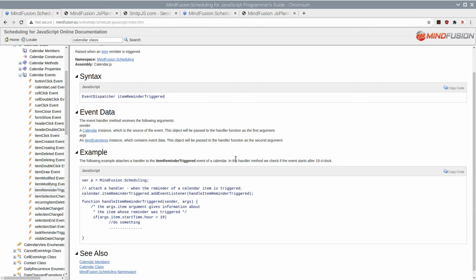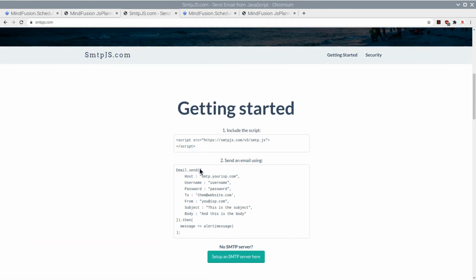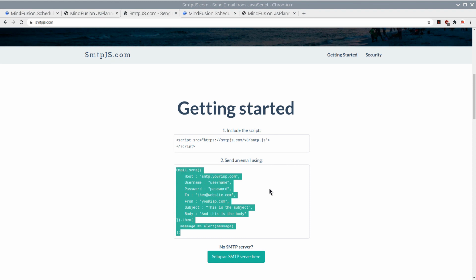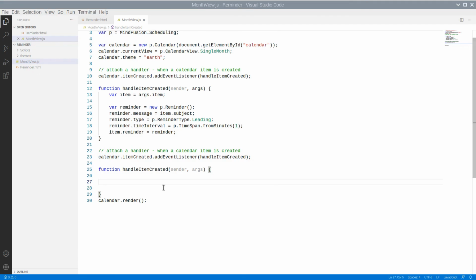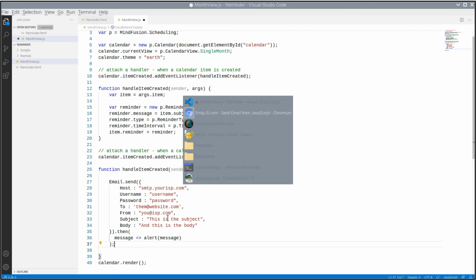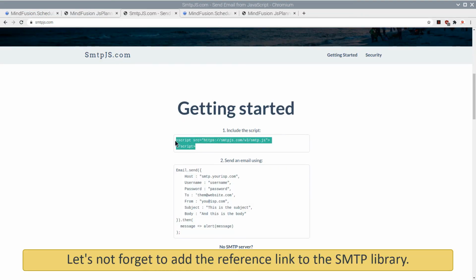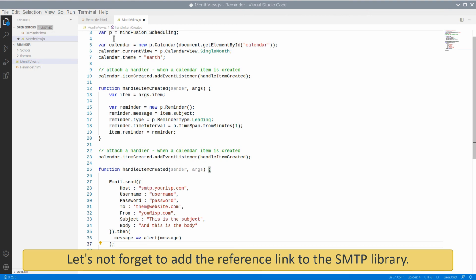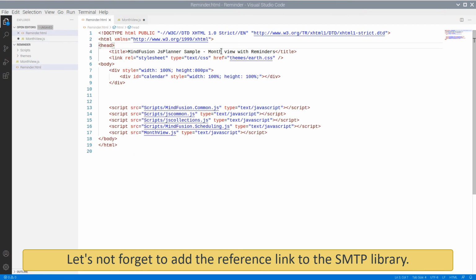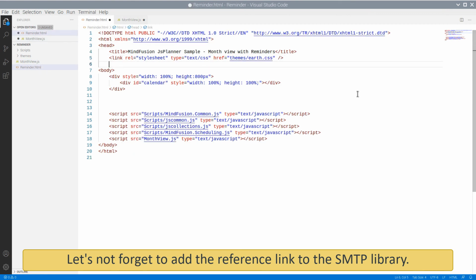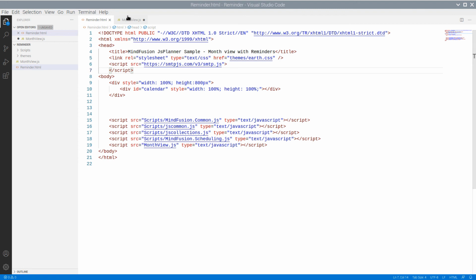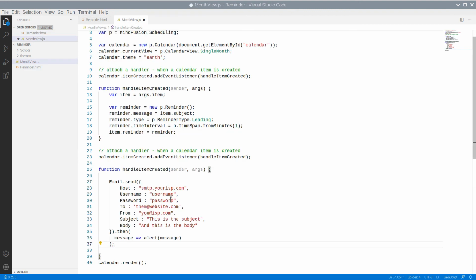So, we delete the body of the sample method and replace it with the code that sends email with the SMTP.js library. Of course, we will have to adjust the mailing server settings and the sender credentials.